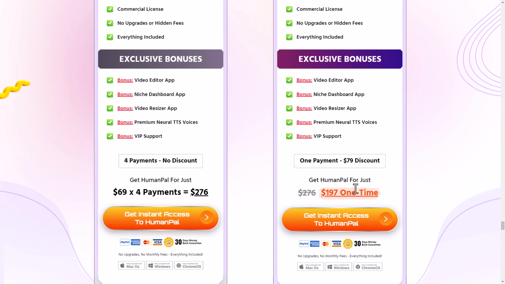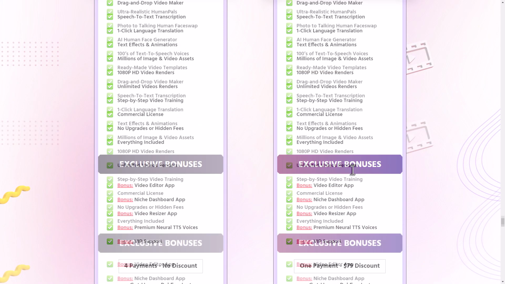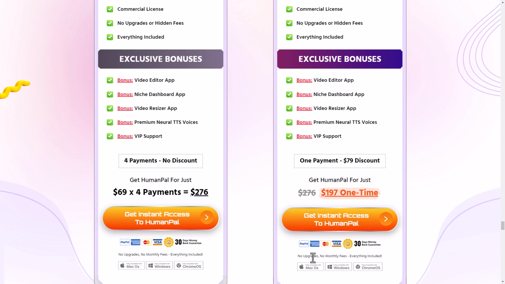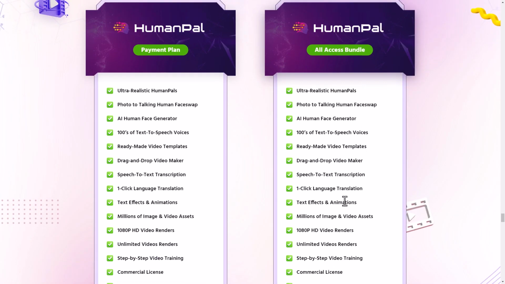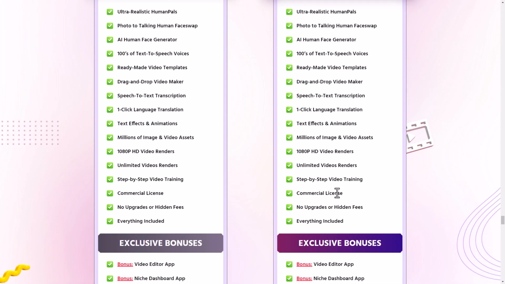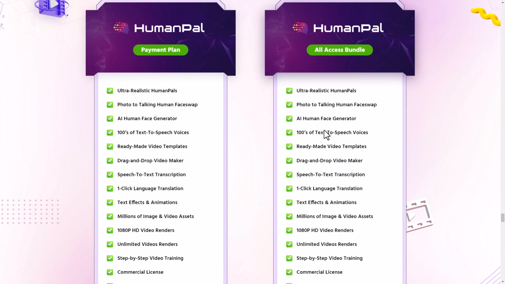You typically expect to pay $37 or $69, that type of outlay, but this is a lot more. But they are saying that there's no upgrades. So there's no upgrades, no monthly fees, everything's included, and it's all up there from the start. So there's no additional upgrades or upsells or extra sales. You get everything. You get a commercial license, you get everything I've shown you, and this human face generator.